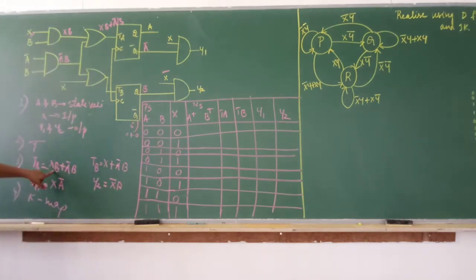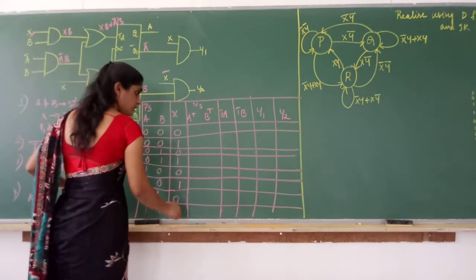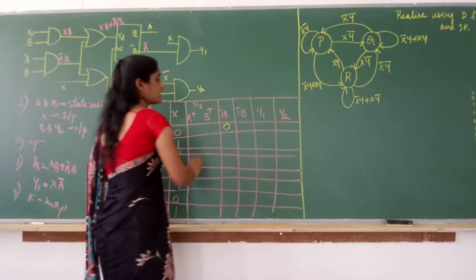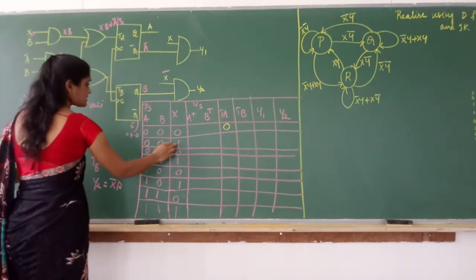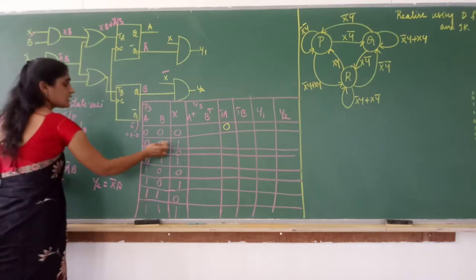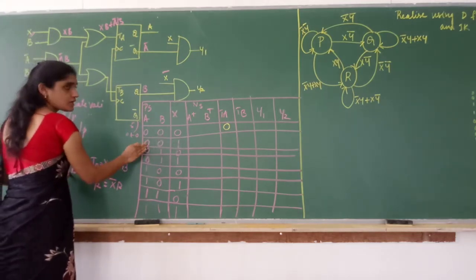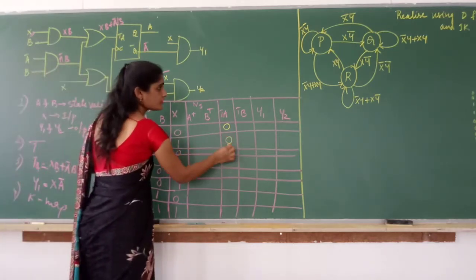So according to the equations, you have to substitute the input values and fill the TA, TB column carefully. TA, TB and output variables very carefully. Okay. So this will be 0. Next. A is 0, B is 0, X is 1. XB is what? 0 again. A bar B. A bar is 1. 1, 0, 0. So 0 plus 0, 0. So this is how you have to fill.